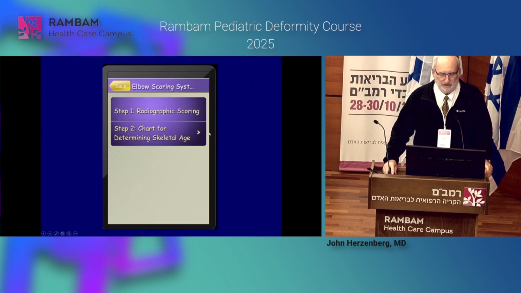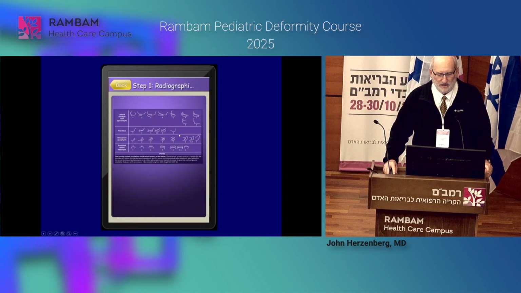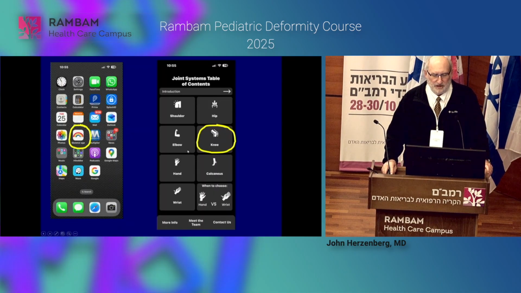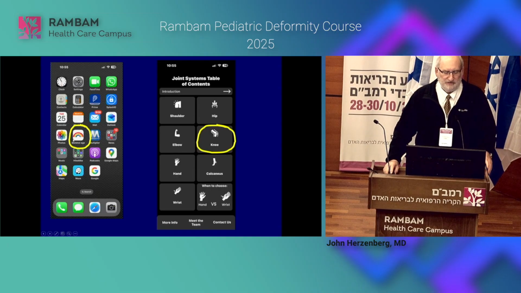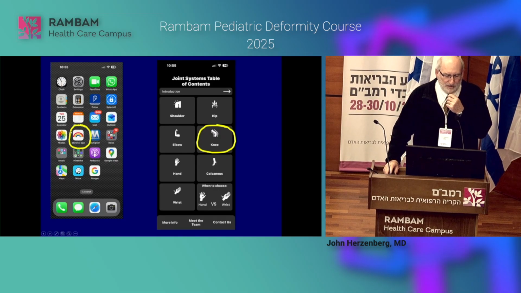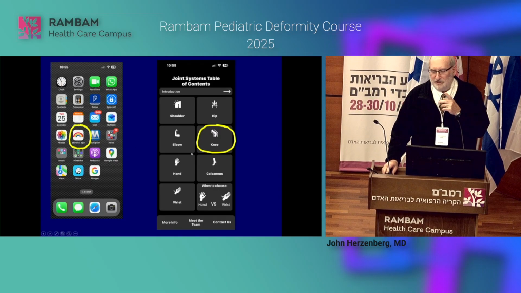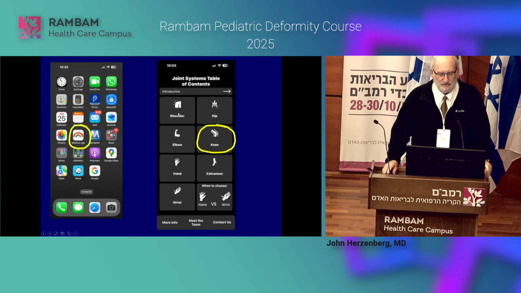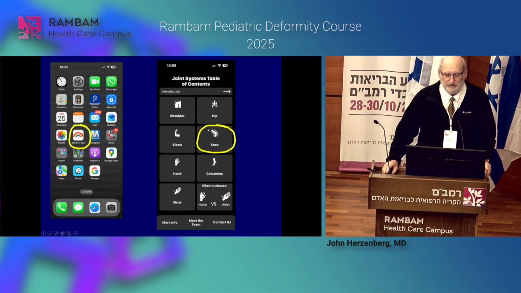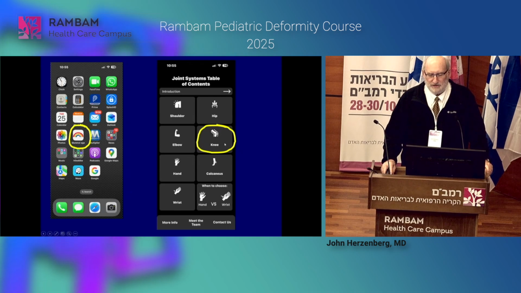We also included an elbow scoring system. This is Diméglio's elbow scoring system, so we have that as well. I would just point out, this is not our app, but there's an app from Ray Liu from Cleveland, from his hospital, where they came up with a skeletal age app, which is actually quite good. He has systems for doing skeletal age based on shoulder x-rays, hip x-rays, elbow, knee, hand, calcaneus, and wrist. That's pretty cool. I sometimes use that as well, but they're a little bit unwieldy, I must admit.